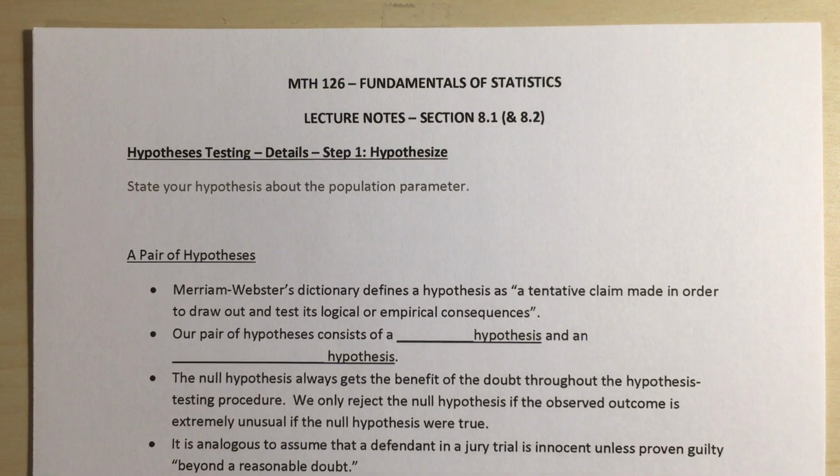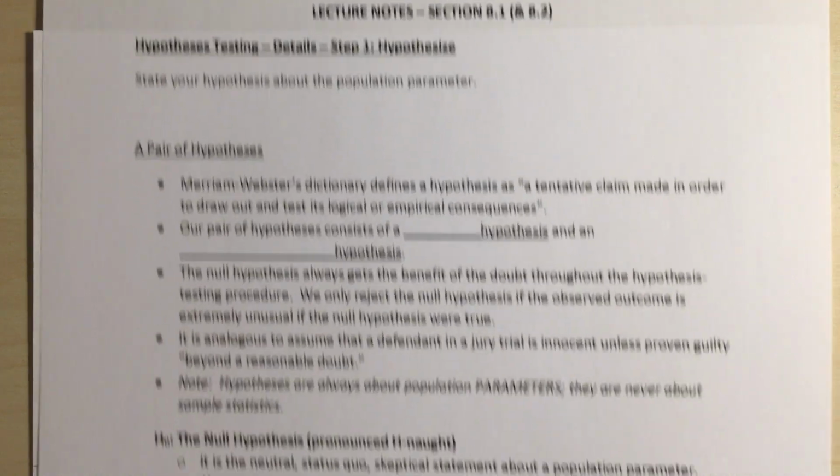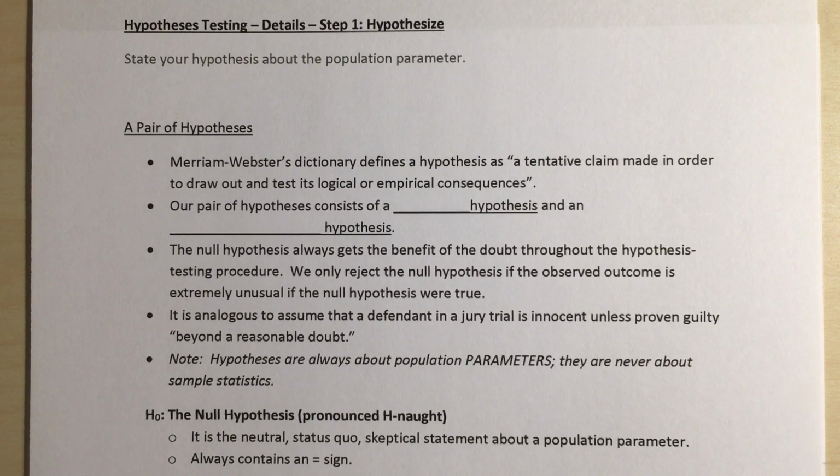Okay, so our first step is to hypothesize. We're going to state our hypothesis about the population parameter. When we're working on this hypothesis, it's always going to show up in a pair of hypotheses. Merriam-Webster's dictionary defines a hypothesis as a tentative claim made in order to draw out and test its